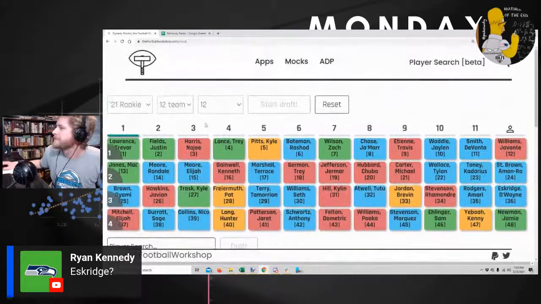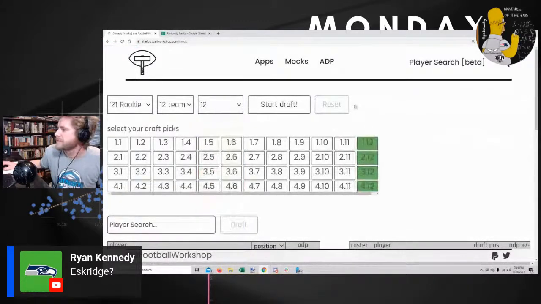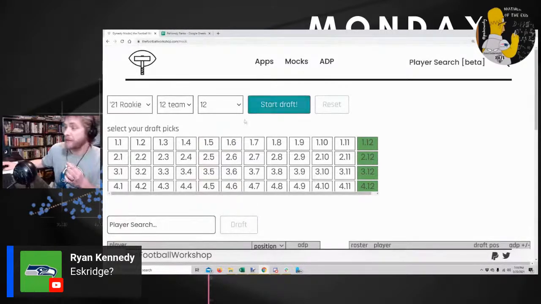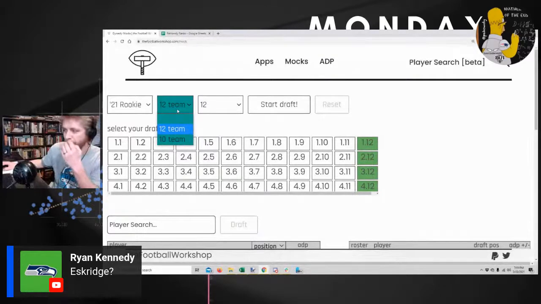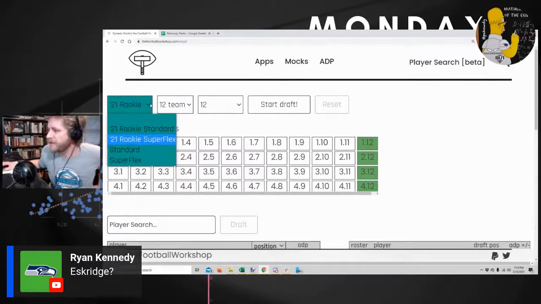I got to restart the draft. And that's a 12-team league too, which you can alter to 10-team. Nice. I think it's a neat little tool. But rookie drafts are going to get old real quick since you've already seen roughly the ADP.